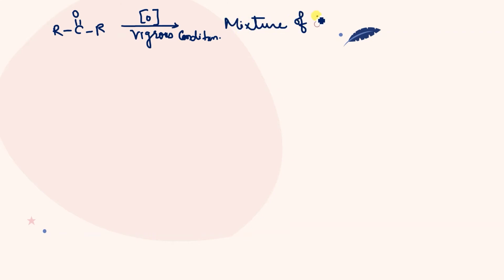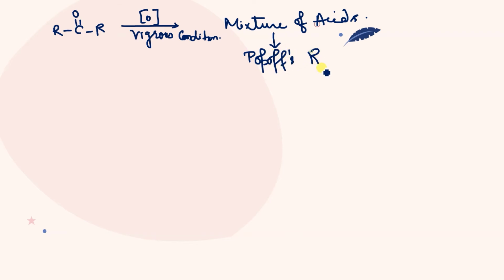Okay, so I have told you that ketone doesn't have H on the carbonyl carbon. This one is not having H, so it doesn't undergo oxidation at normal conditions. It undergoes oxidation in vigorous conditions, and vigorous conditions will be like high temperature and pressure. Then it will give you a mixture of acids. First of all, it will not undergo the normal oxidation, but फिर भी अगर जाता है oxidation, so that will be the vigorous condition, and as a product it will give you a mixture of acids. And how will it be? For giving the product, it will follow Popov's rule.